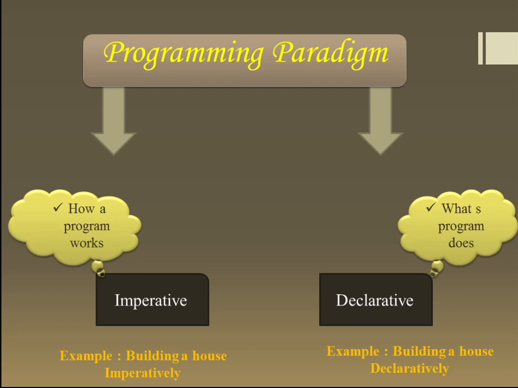See the difference? Take an example like building a house imperatively. In imperative, the instructions are like build the foundation, put in the framework, install the utilities, add the walls and finishing touches. 5 instructions are there. In this program, you told the exact steps in order to build the house. I have told you all the steps and you have to follow all these steps in order to arrive at a finished product. Now, build a house declaratively.